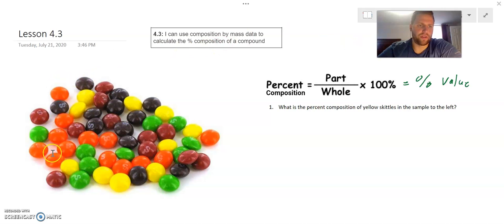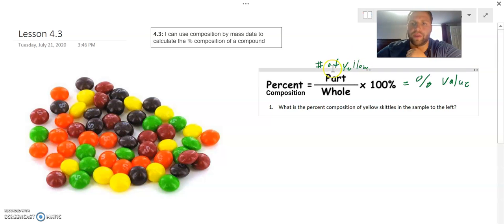We're going to have to count the total amount of Skittles. That's our whole. And then the part is going to be the number of yellow. We'll take our calculator, we'll throw that in, we'll multiply by 100, and again, we'll get the percent composition